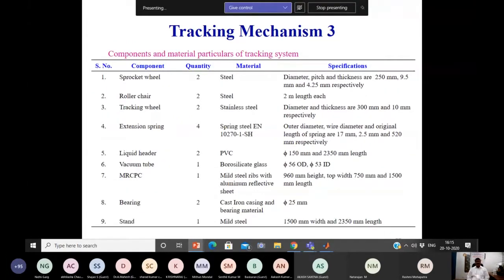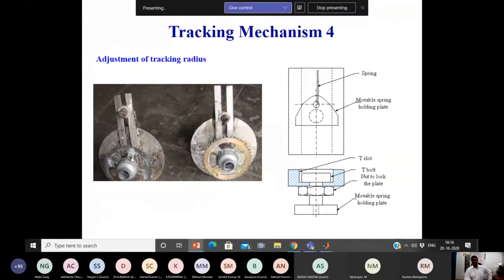These are the bill of materials. I am not going to explain the specifications because you, as mechanical engineers, know how to design a shaft and the diameter of the shaft using the principles of mechanics. I am not going to explain those things. These are results of specifications for the engineering mechanics.